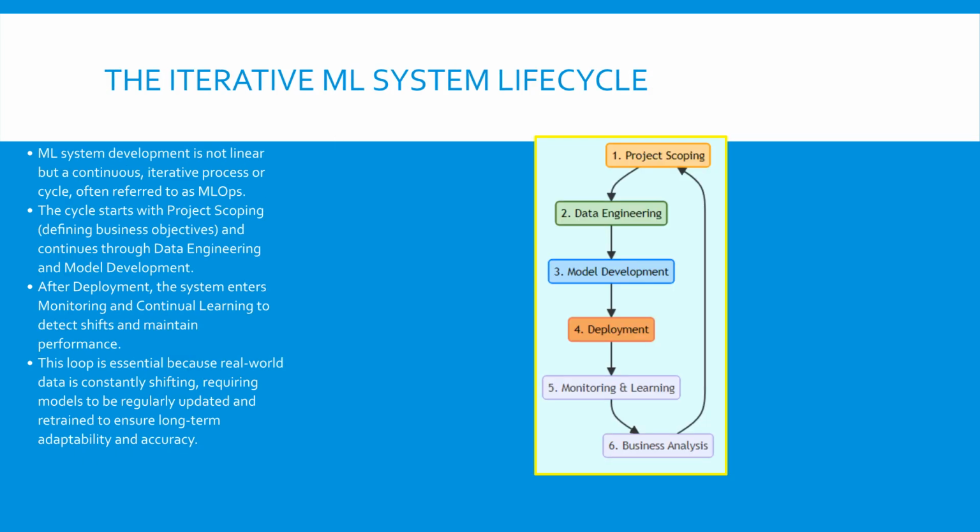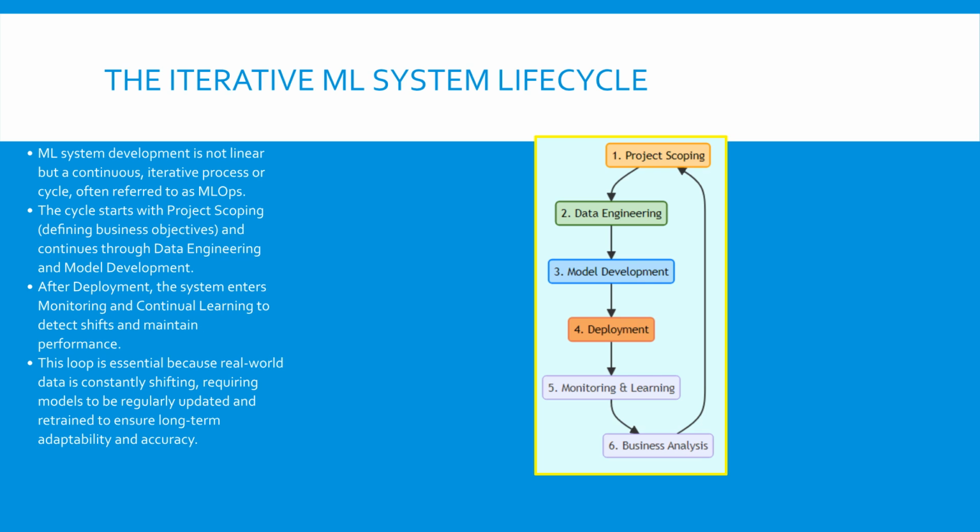In summary, the entire machine learning journey is not a one-and-done setup, but rather a continuous iterative process. We structure this continuous effort into a predictable life cycle. The cycle starts with project scoping, where we precisely define the business goals and system requirements. We then move diligently through data engineering, cleaning and preparing our data, followed by rigorous model development and testing. Once deployed, the critical phase of monitoring and continual learning begins, watching the model for performance degradation or data distribution shifts. Finally, business analysis evaluates the model's real-world impact and feeds crucial insights back into the initial scoping stage, ensuring